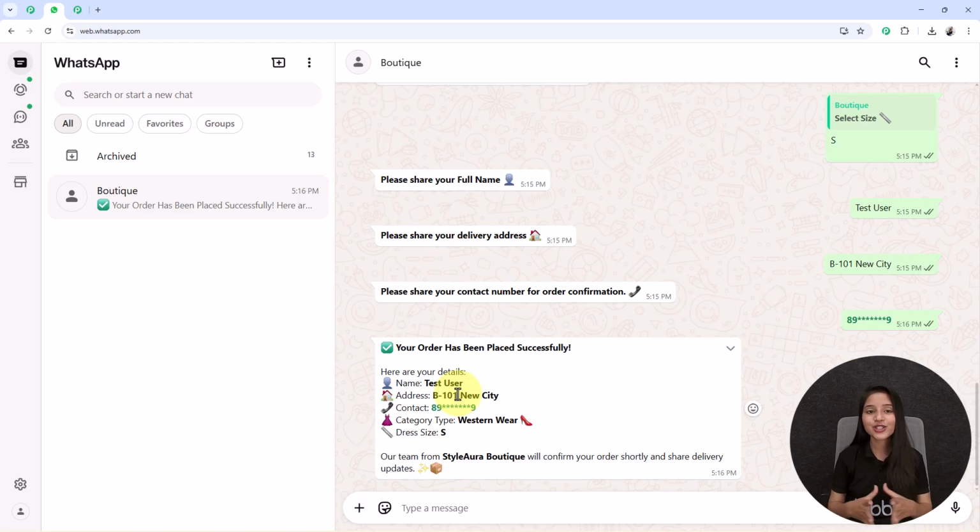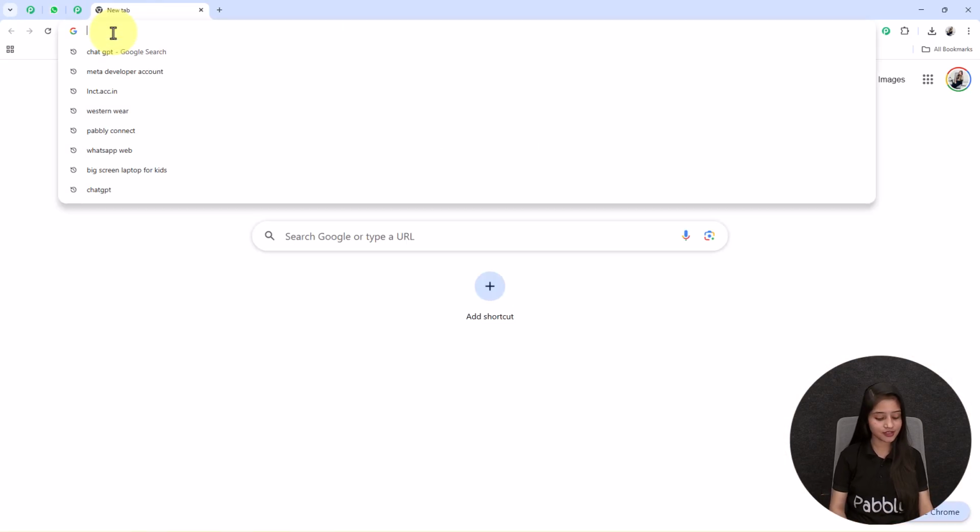So if you also want to create this type of WhatsApp automated chatbot for your fashion boutique business that will handle all of your orders without you doing any manual effort, then you have to follow step-by-step instructions that I am giving you in this video. So let's get started. At first, you have to click on a new tab and search